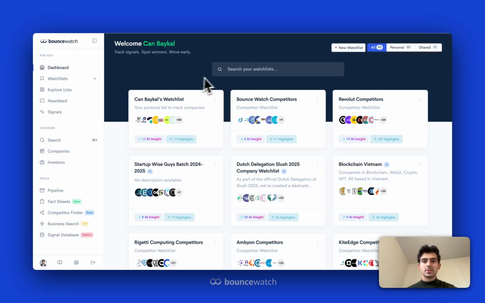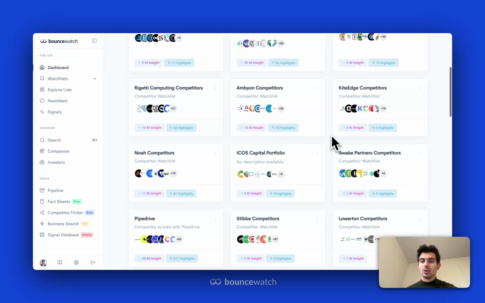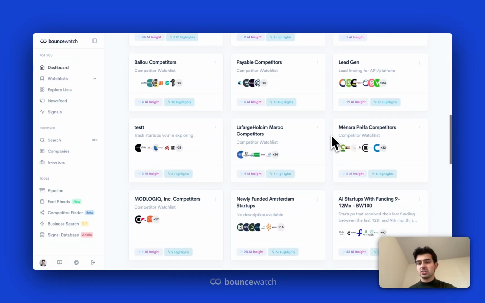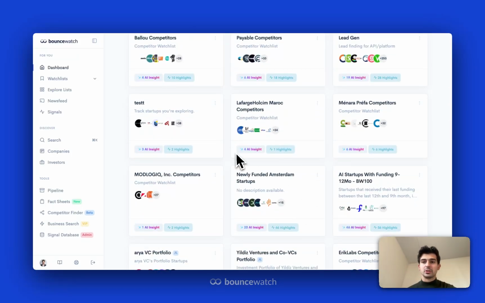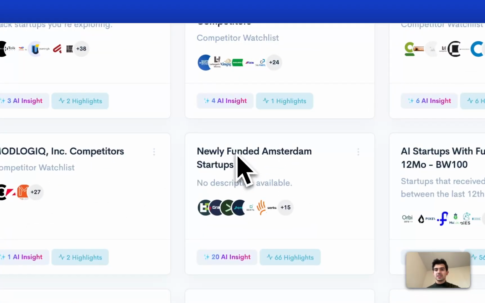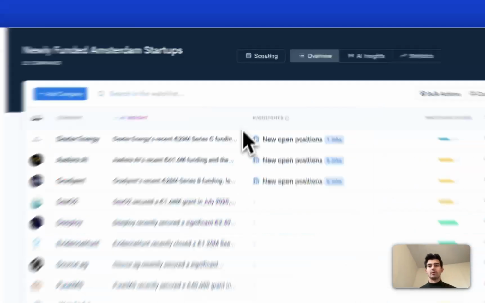We're starting with our dashboard where you can see all of the watch lists you have created about the companies that you are interested in or just want to follow, whether you shared with your team or created them personally. So when you click on a watch list, you can see all of the companies listed one after the other